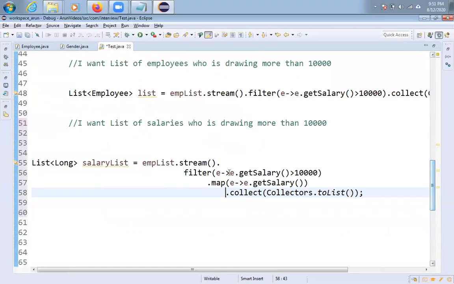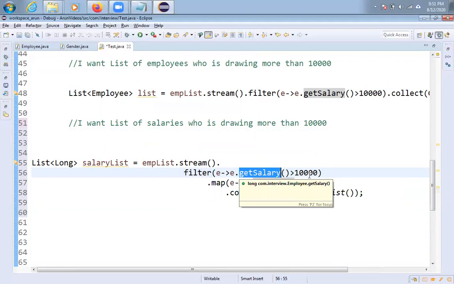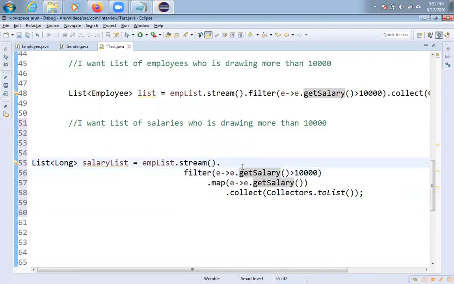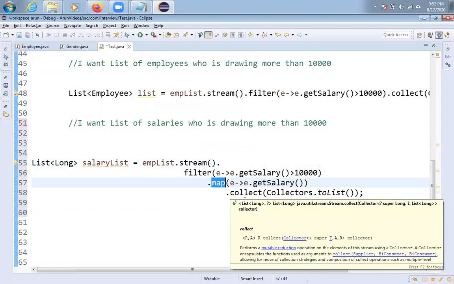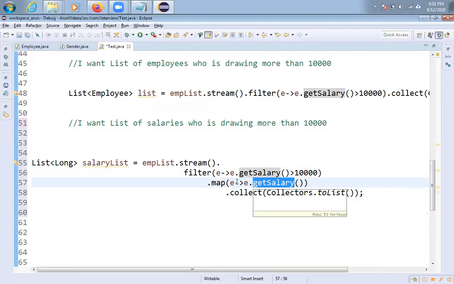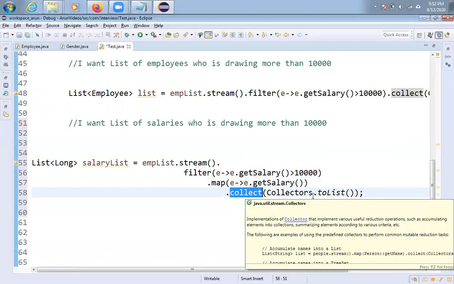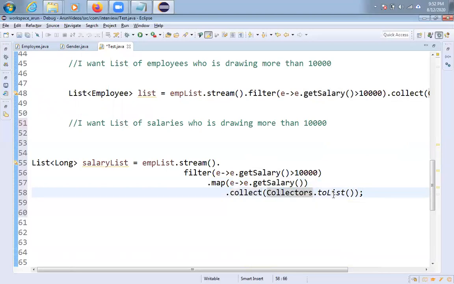Here also you can understand what I am doing. Very simple, friends. By using the list, I am getting a stream object. On the stream object, I am using filter, on the basis of salary. The condition is greater than 10,000. After that, I am passing this to map. If you want all the things, you can directly pass it to collect. I don't want all the objects, I want only a list of salaries. That's why I'm extracting salaries. Once you get the salary, I am passing that information to the collect method. The collect method collects all the things with Collectors.toList. In which format? I want list format.